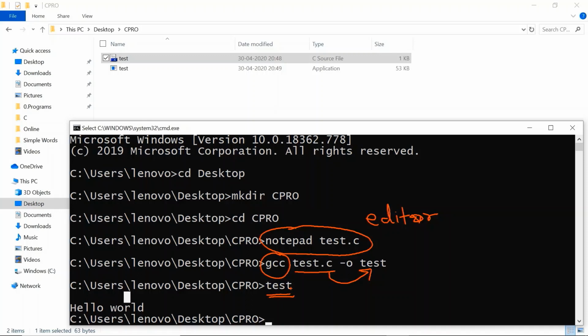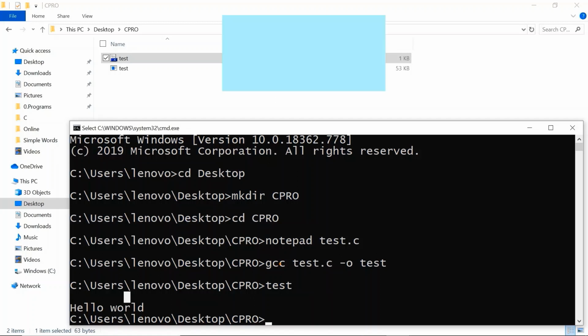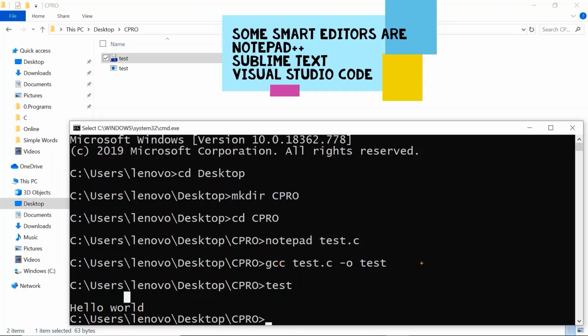I will show one more program, but in a different kind of editor this time. I will use the Notepad++ editor, which you can download from Google and install. Notepad++ is an editor which can understand the syntax of many programming languages when we save the source code.